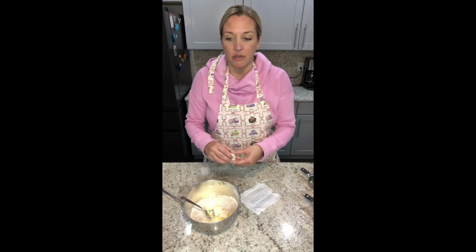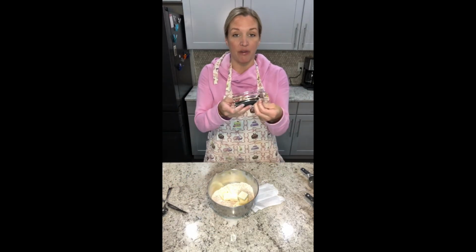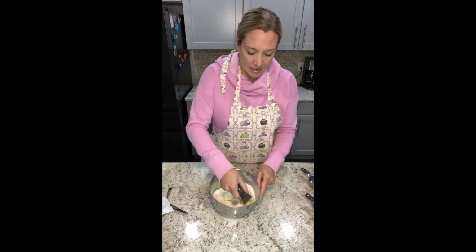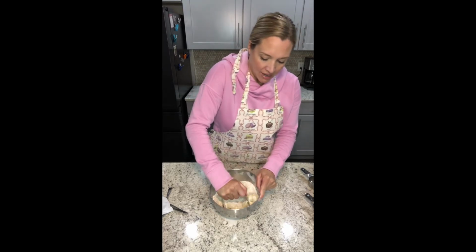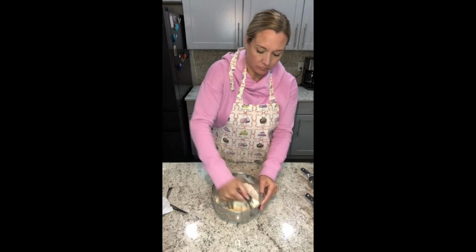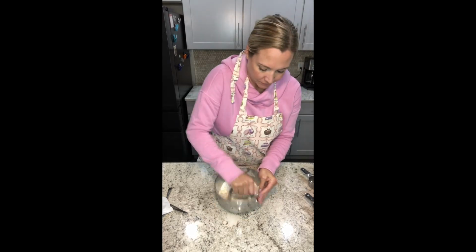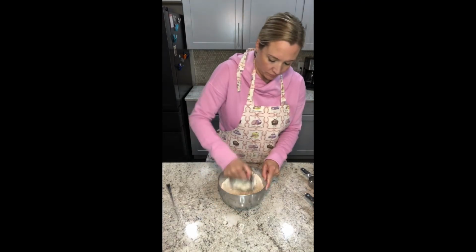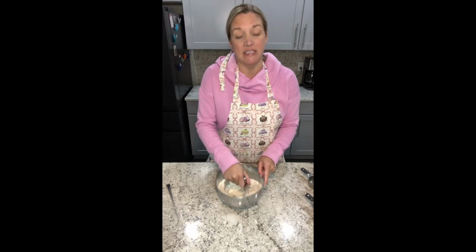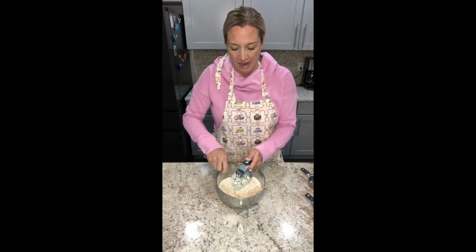And then I'm going to use either a fork or a pastry blender if you have one. This will work a lot easier to cut the butter into the flour mixture. And I'm going to just do this a little bit before I add in the egg. Once the butter is mostly cut into small pieces, I'll continue to do it a little bit more after adding,